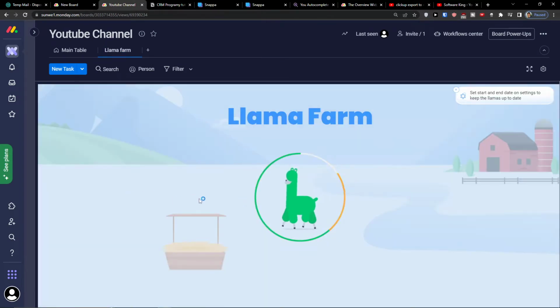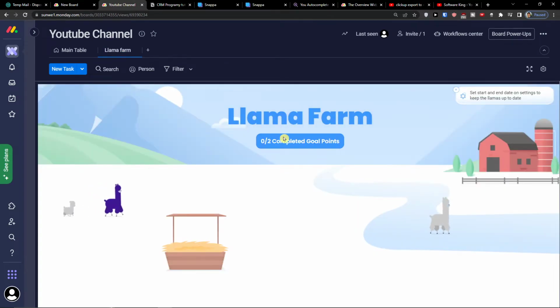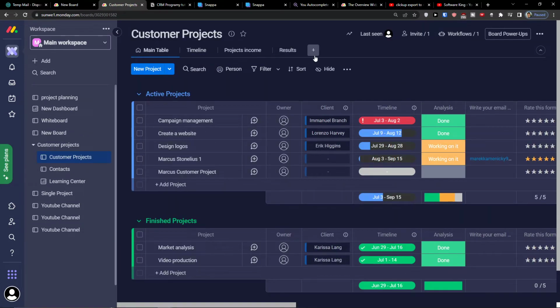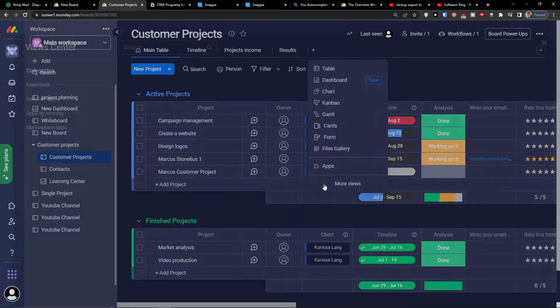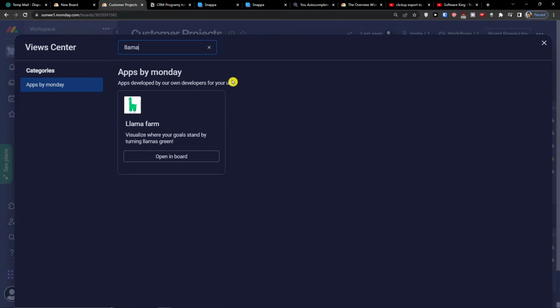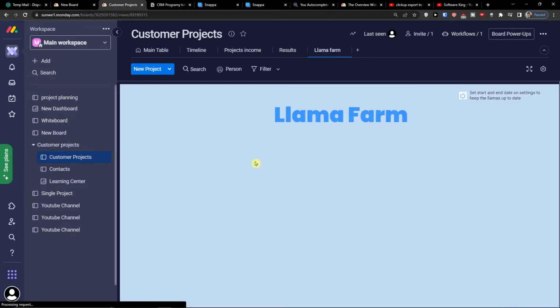Here you have a Llama Farm, right? And you have like one or two completed goal points, but let's say this is going to be fun. I'm going to choose something better that I have, the customer project, and I'm going to click plus here, add a view, more views, Llama Farm, opening the board,